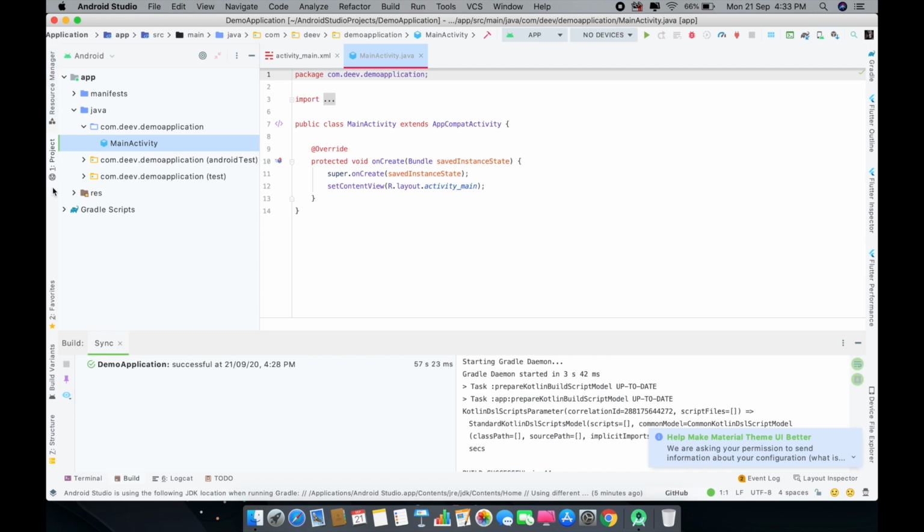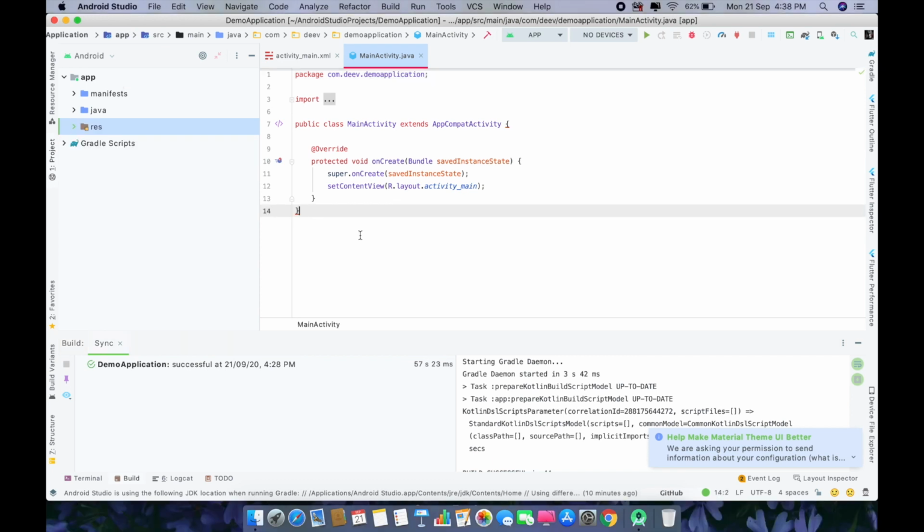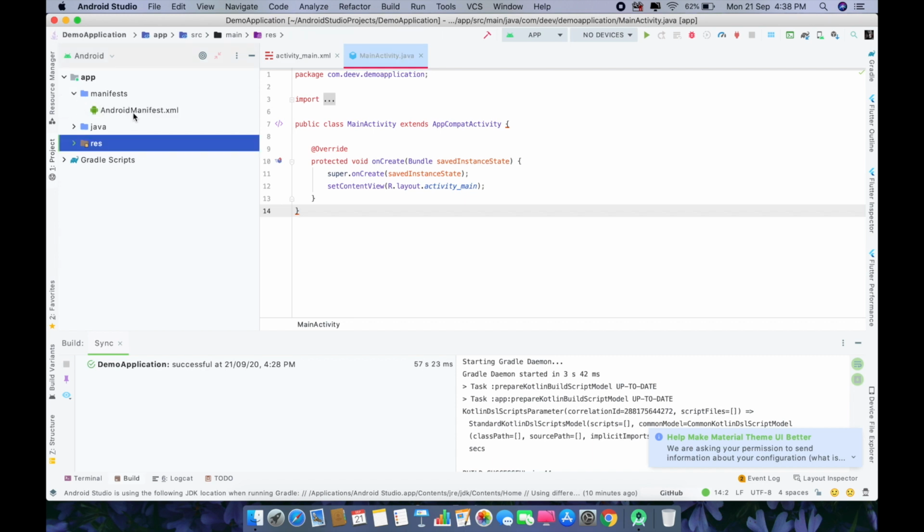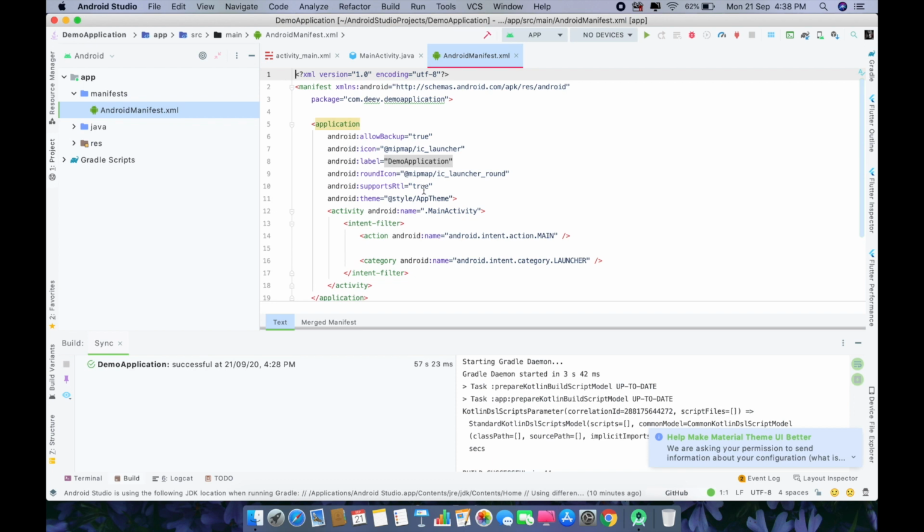On the left side, this is your project tree, or we call this the tool window. In Android Studio, we have two tool windows. This window tells us about the processes that are going in our project, and this tool window tells us about the directory tree of our project. Okay, so you are going to see some folders right here, on top of which is the manifest folder, which holds your Android manifest file. Android manifest file is basically the file which holds all your permission and all your structure of the application.